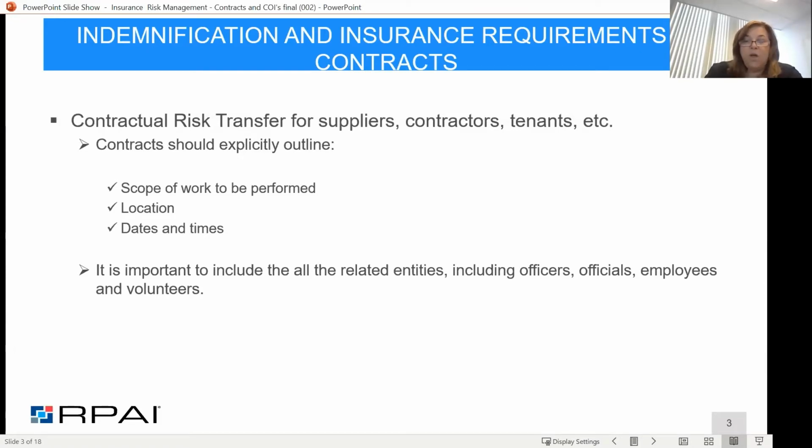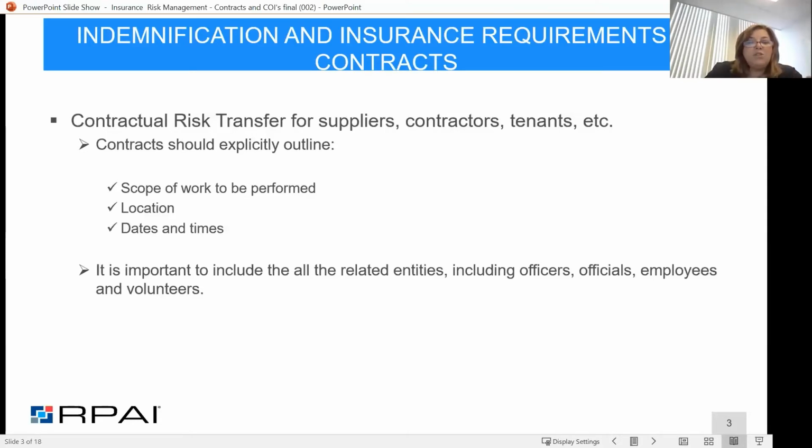I always tell my field personnel to keep in mind that later on, if an incident should arise, a claim arising out of the scope of work that this agreement is written for, will a third party fully have the same understanding that you two had when you were working on that agreement? You have to keep in mind that if a claim should happen, it's going to be an insurance adjuster or attorneys looking at this agreement to decide who's responsible for the damage that occurred.